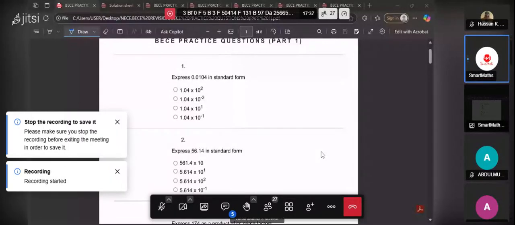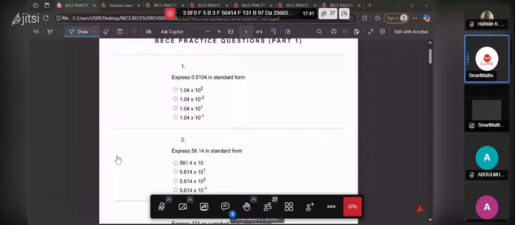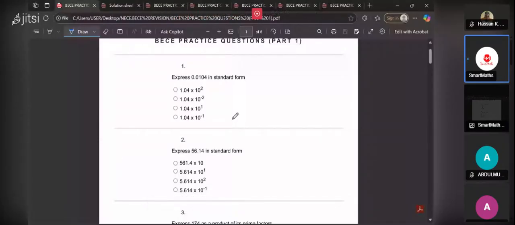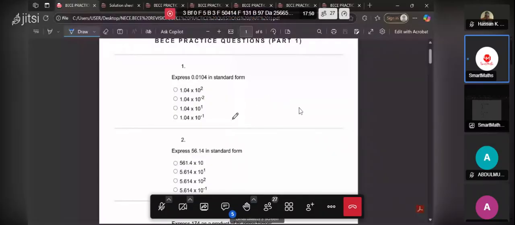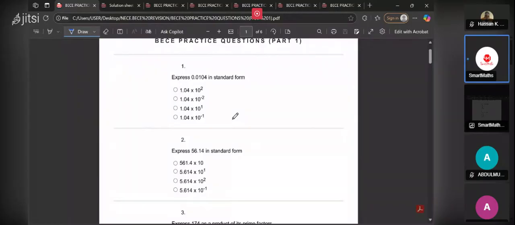The question is either more than 1 or less than 1. If the question is less than 1, your answer will have a negative power, but if the question is more than 1, the answer will have a positive power. Like the first example question we have here, this question is less than 1 because it's starting with